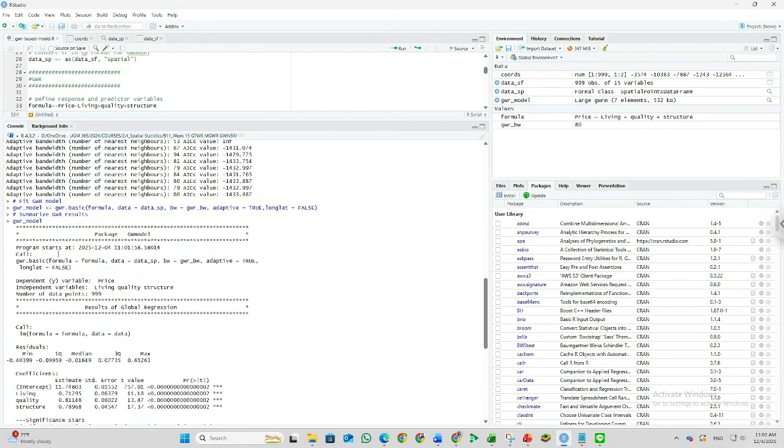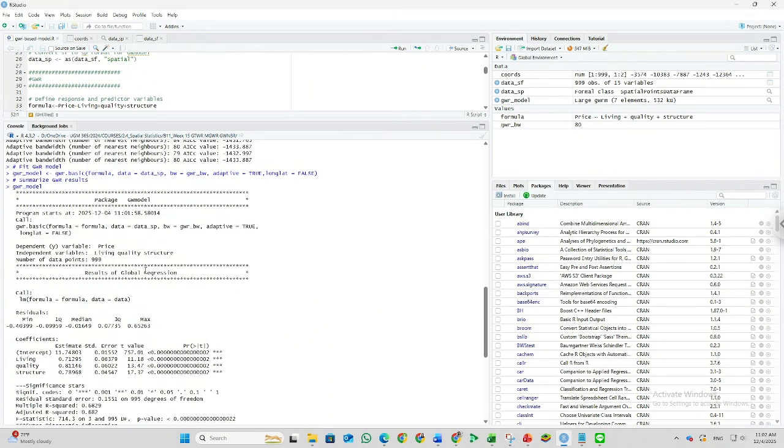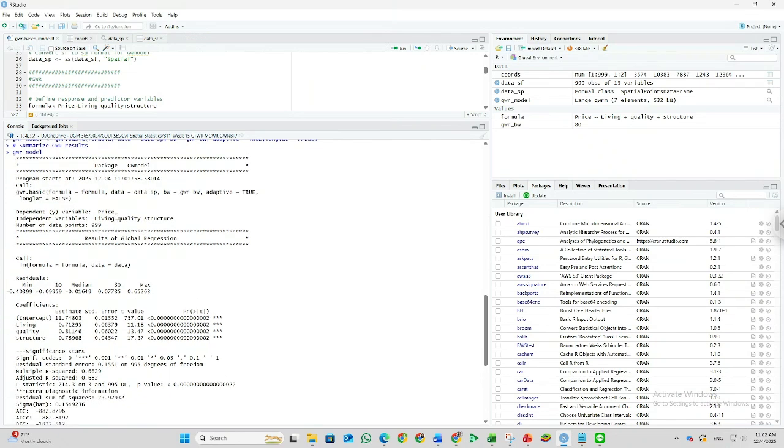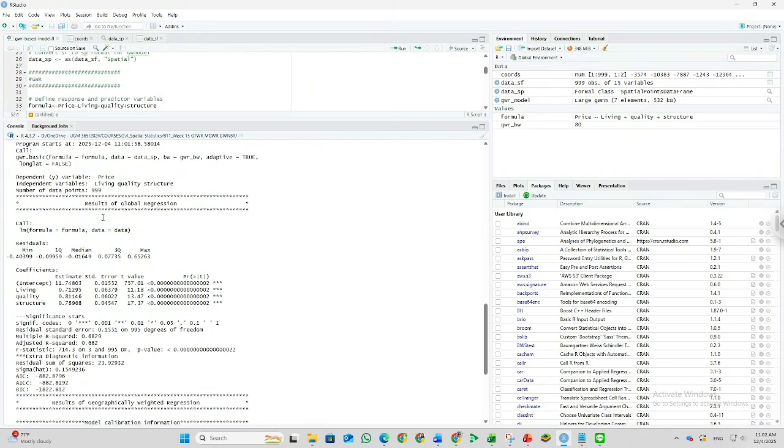The first is about the global regression. This is our formula, where the dependent variable is price, and we have three independent variables: living, quality, and structure. We have the number of data points, and this is the result of the global regression, which we can also call OLS, ordinary least squares.